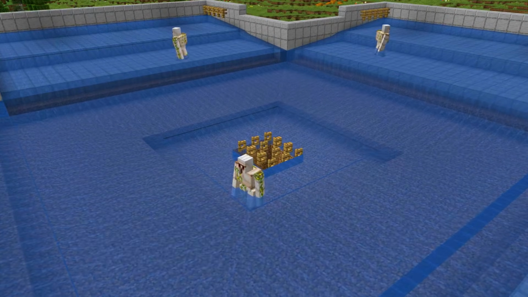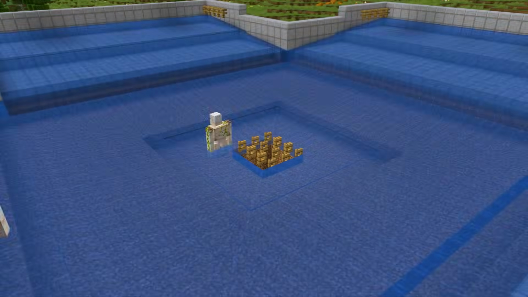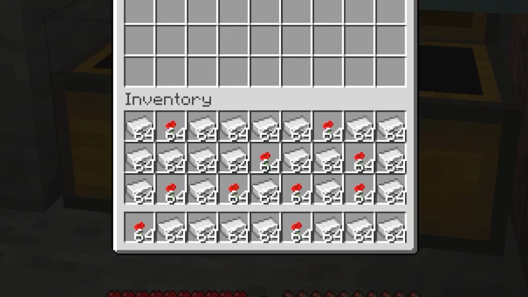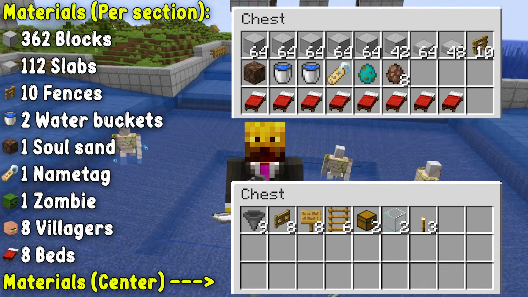This is one of the most overpowered iron farms in all of Minecraft Java Edition. In just 20 minutes, this farm will get you over 8 stacks of iron, which is 24 stacks of iron every hour. With that, here's a materials list, and if you want to download this world, that is down in